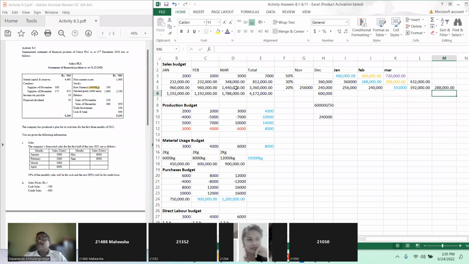So thereby, debtors would be, this is the